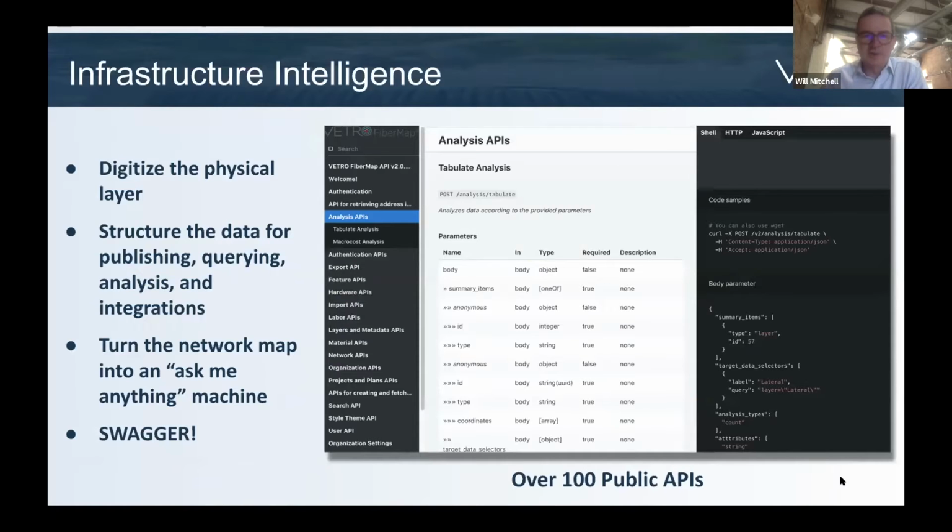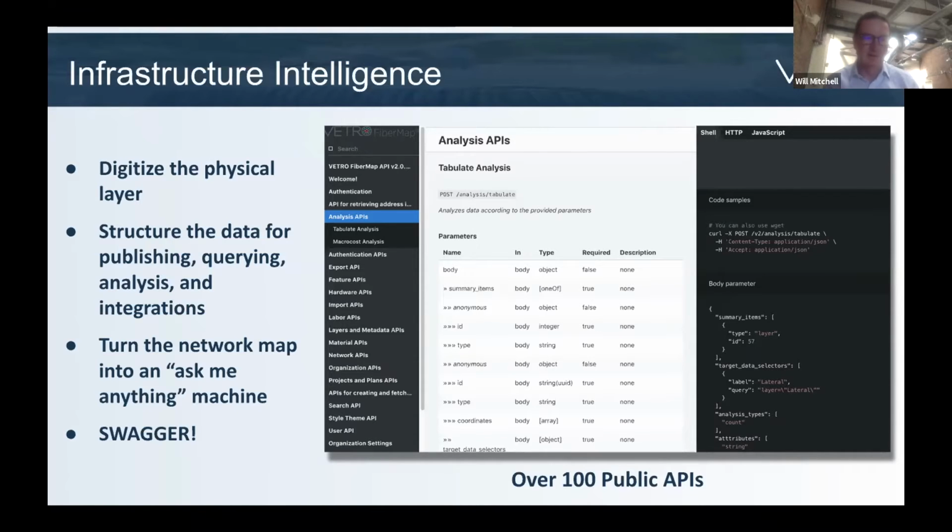The concept we're trying to impart and leave you with too is one of infrastructure intelligence. It's a term we came up with because we're trying to take that fiber management and that map to the next level. What I mean by that is, once you've digitized the physical layer, the outside plant, and you've structured the data for interrogation, for query, for publish, for analysis, you've got something new and different, and an intelligence platform that can become a machine